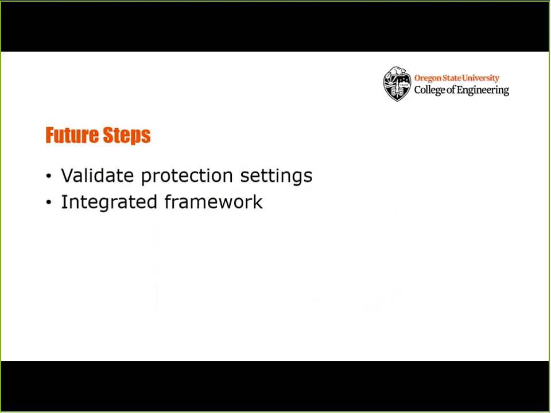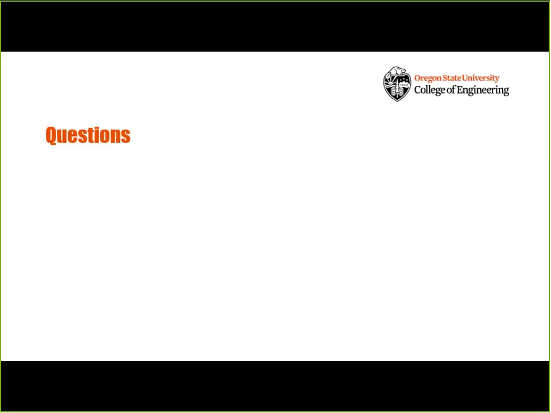All right, so we have all the parts there, so where are we going from here? We need to validate that our protection settings and devices are set up correctly so that we're actually modeling a realistic grid. And then we need to put it all together and see what happens when you put in bad PMU data and if that can cause big control issues or anything like that. And I'd like to open up to questions if anyone has any.